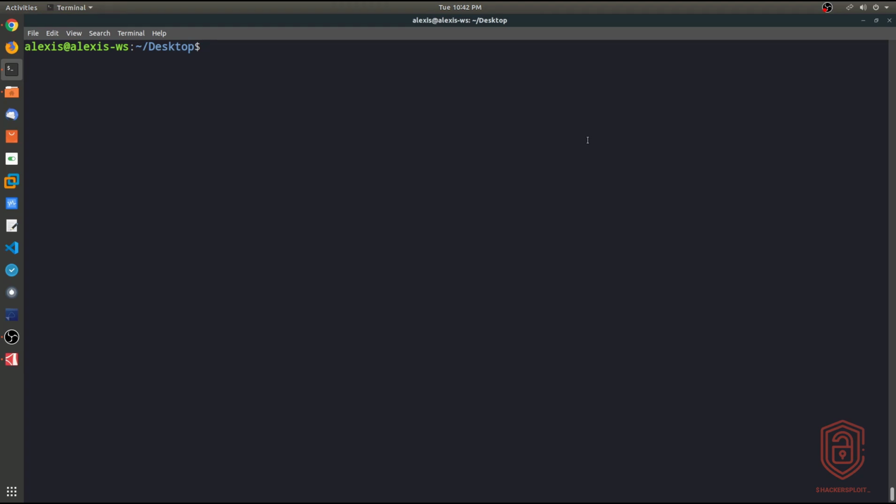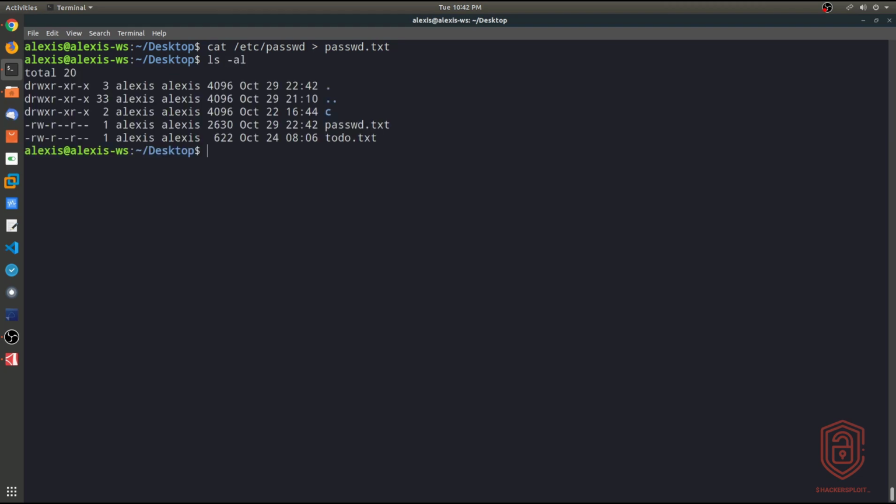All right, so I'm going to again use the similar command that we had used. I'm going to redirect the output of the password file into a file called password.txt. And now if I wanted to rename the file password.txt into something else, I would use the mv command, right? So there isn't a command to rename files in Linux. You use the mv command, which means move. In this case, it's very simple. The syntax is you specify the file that you want to change the name of, which is going to be password.txt, and I change the file name to, let's say,